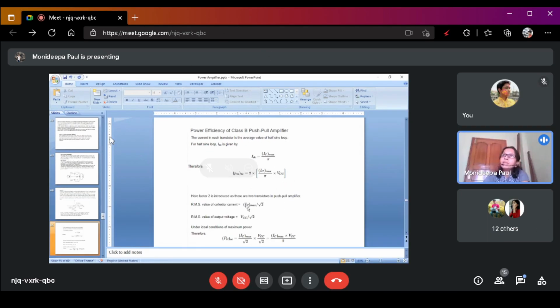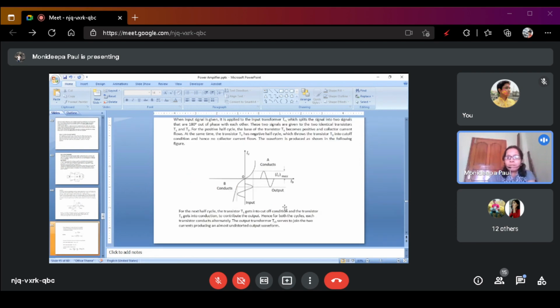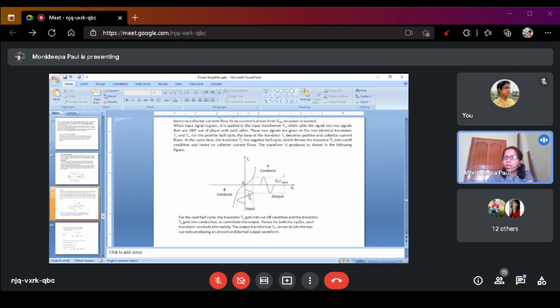Why do we consider the IC max instead of the peak to peak value? In the class A amplifier, we consider the peak to peak value, but here we consider the IC max value, because during the positive half cycle of the input signal, we get only this much value, not the whole. If we got the whole, then we would consider the peak to peak value, but we get only this value. So this is the maximum value. Instead of using the peak to peak value, here we consider the maximum value, that is the value from the zero point or the axis. Clear?